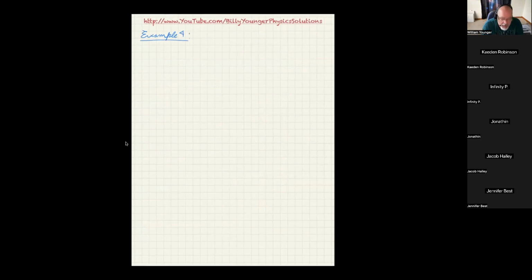Consider a disk of radius 4.00 meters that rotates with